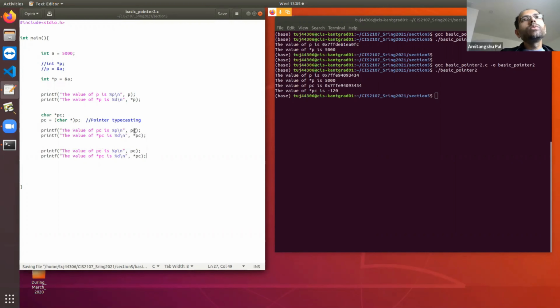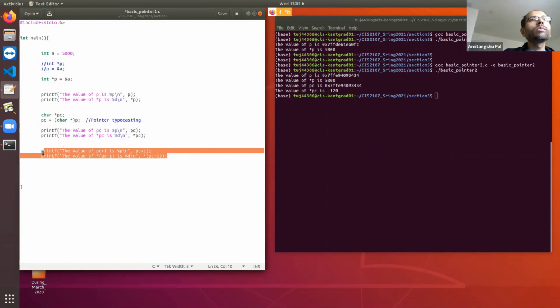But I know that pc will point to the first byte, pc plus 1 will point to the second byte, and similarly, pc plus 2 and 3 will point to the third and fourth bytes.